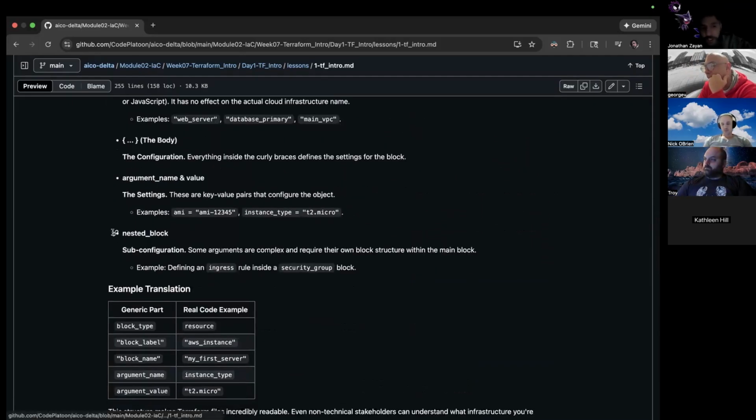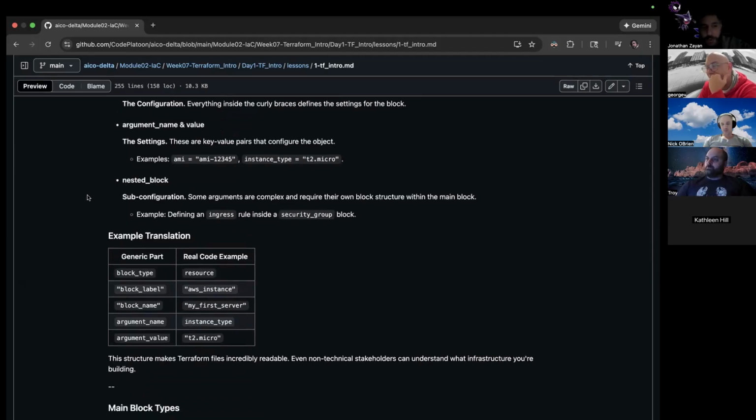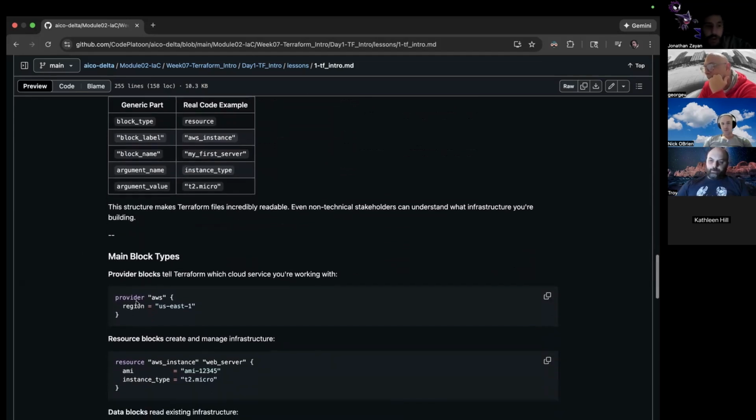And then a nested block is just a sub block, which is just another block of code that is dependent within the parent. And like I said, when we get to the lab, this will make way more sense. Here's just a quick example. It's just the structure. Obviously, it's not structured. Oh, I didn't know this was right here. Well, this was the example I wanted.